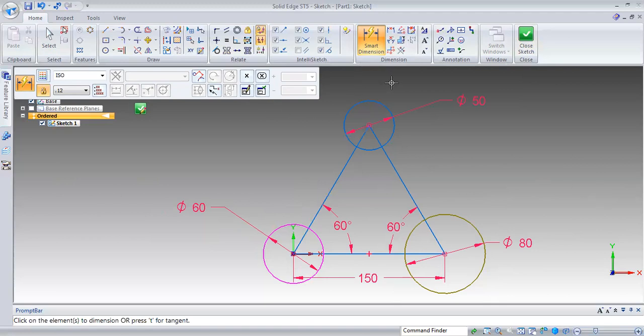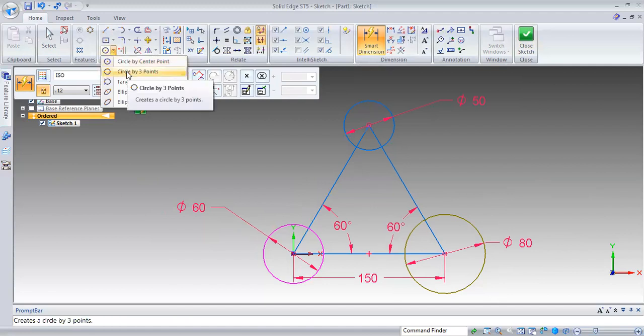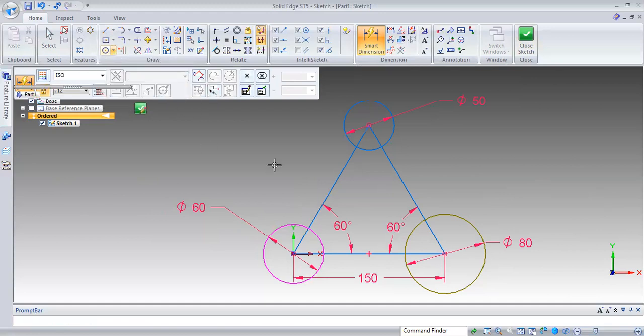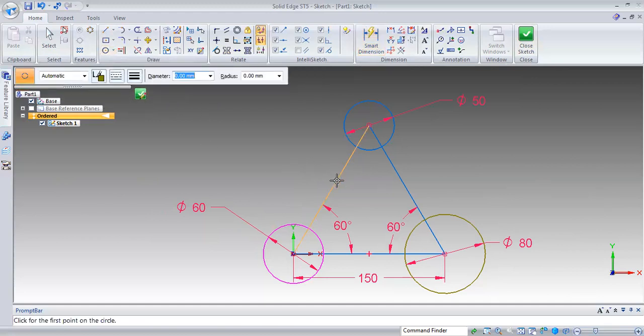So next, we'll be creating the second type. This is how we have to create. Next, we'll be creating the circle by 3 points. So we'll see this option. You have to select the center point.